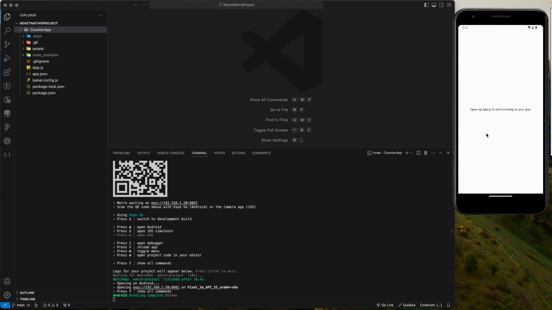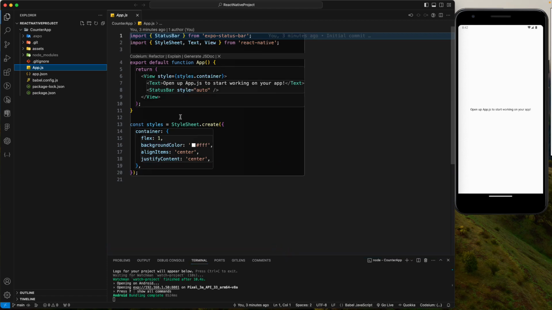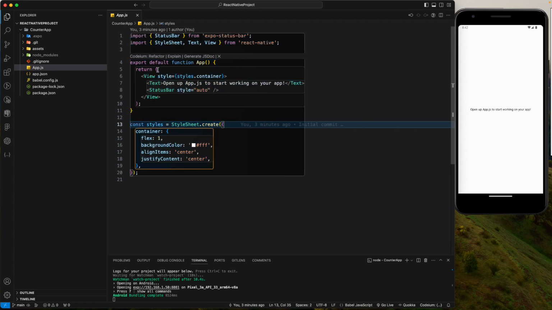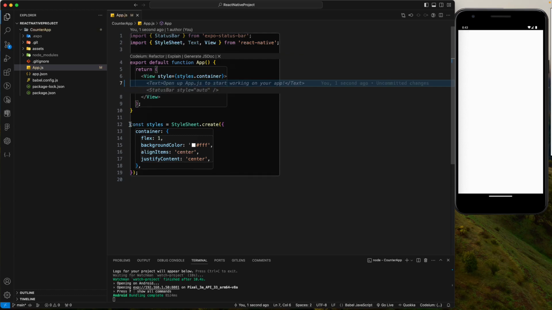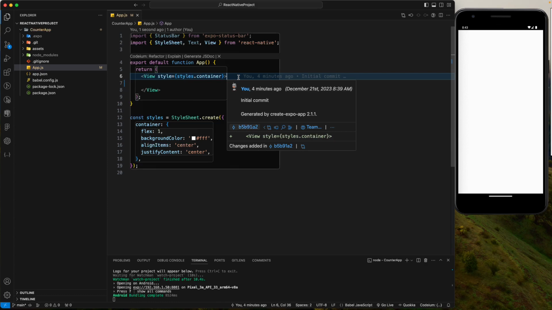Next, what we need to do is build a counter app. So let's go to our app.js over here, and currently we have all of this code, which we will slowly go and explain. But for now I'll just remove all of this from here, and let's just keep this style over here. And what we'll do is create two buttons,